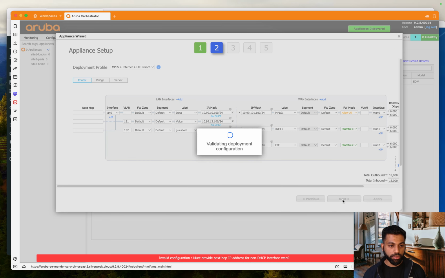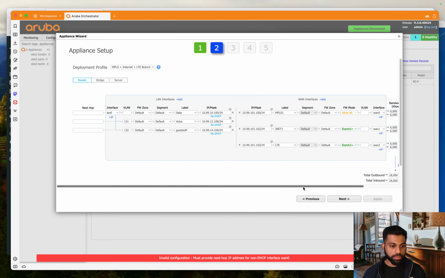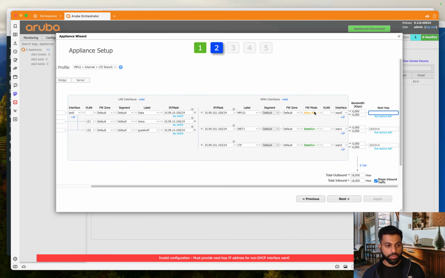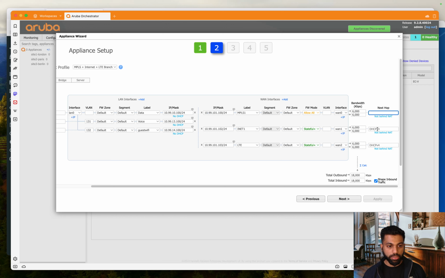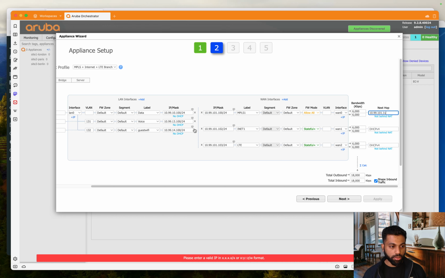I think we missed one more thing, right? In the previous step, I think we forgot to put the next hop. So the next hops are going to be just .1s, right? Those are nothing but the router IPs for me. I've already configured those. All I have to do here is